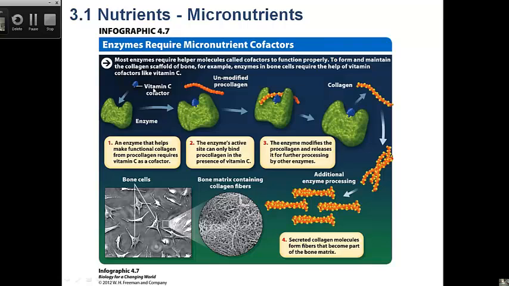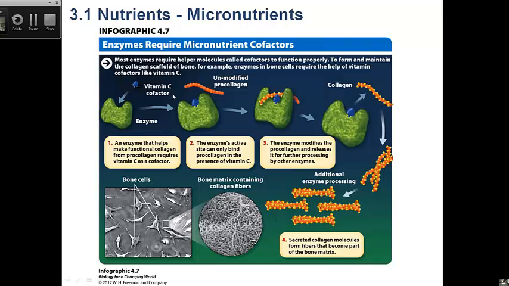Here is vitamin C, and you realize that vitamin C is important. It's found in citrus fruit. Vitamin C has to come along and bind to this part of the enzyme. This is known as the active site of the enzyme. The active site allows the enzyme to function and do its job, as we'll see in the beginning of the next chapter. Here we see this precursor to collagen coming along and binding to this active site and then leaving as a complete collagen molecule that's going to become part of some portion of the body. Here it's becoming part of the bone